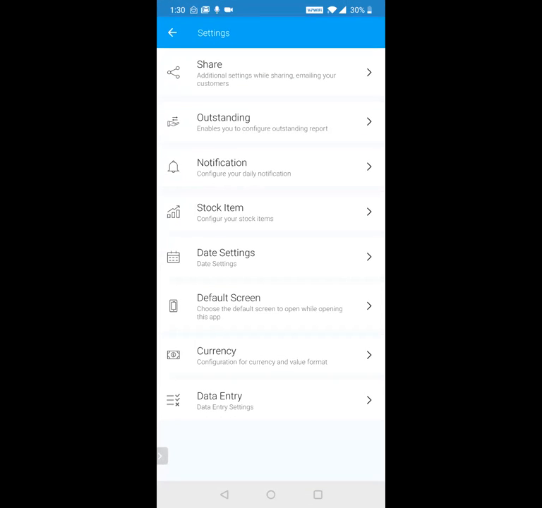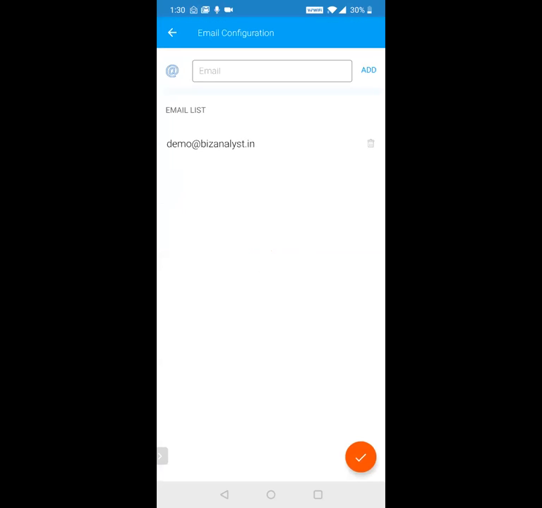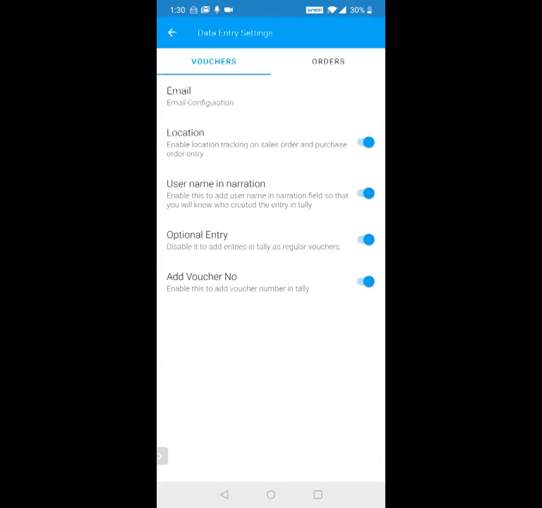Next are the settings. There are a lot of different settings given here. And if we have time at the end, if you have questions regarding certain settings, we'll show it to you. But you can explore this more yourself. I'll just quickly go through some data entry settings because those are really important. Any invoice, order, receipt, payment that is created in the application, if you want a copy to go to your accountant or to yourself, you add the email address here. Okay, so there's this email configuration at the top, so you add the email configuration there.